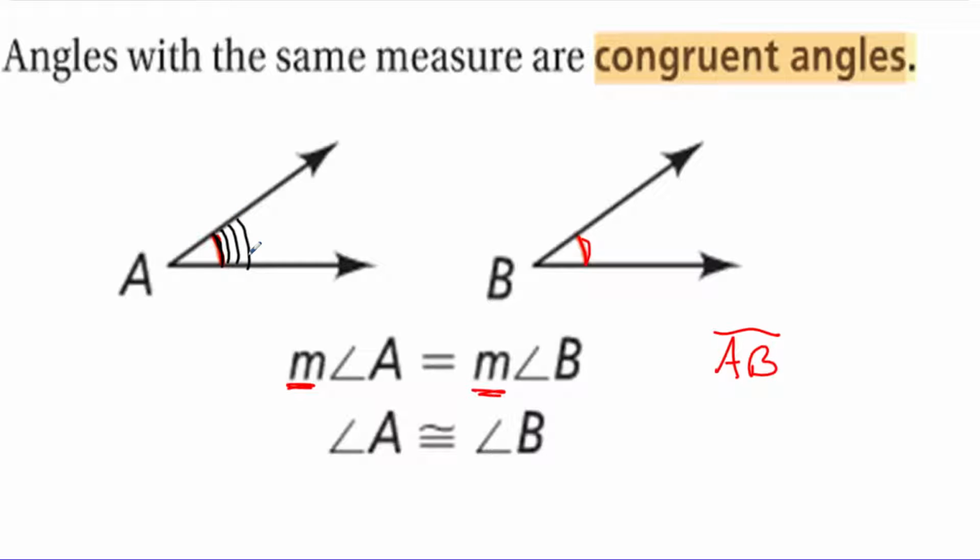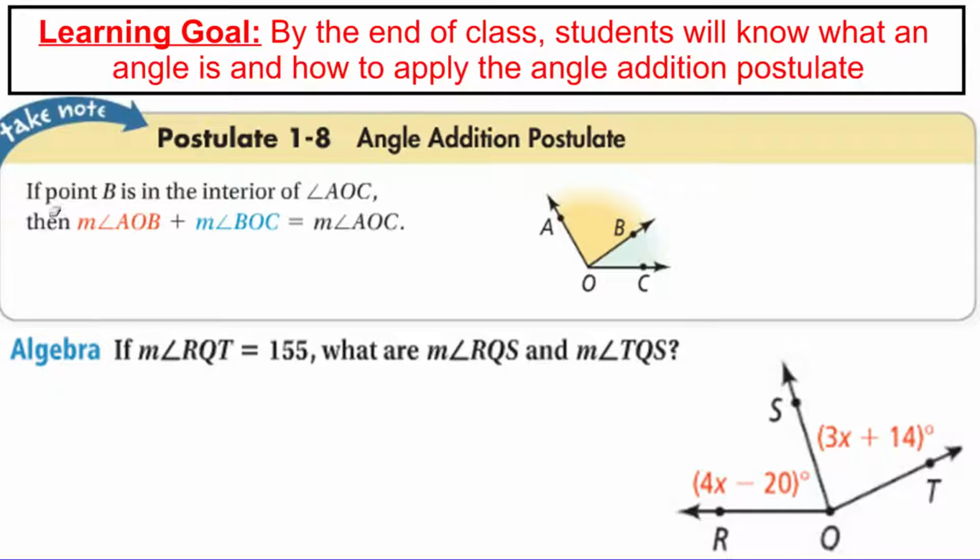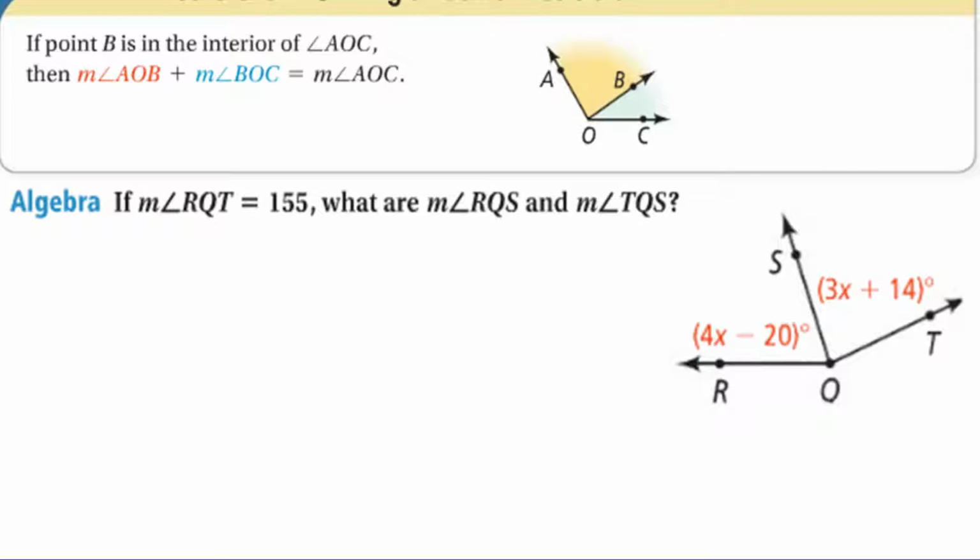So everything with 4 arcs is the same. It's kind of like the dash equivalent from when we were doing lines. Okay, so that's just notation that you're going to see. Now let's get on to what we really came here to do, and that is to talk about the angle